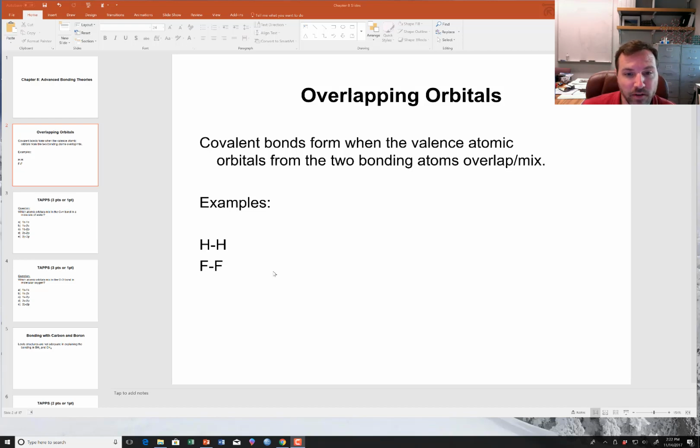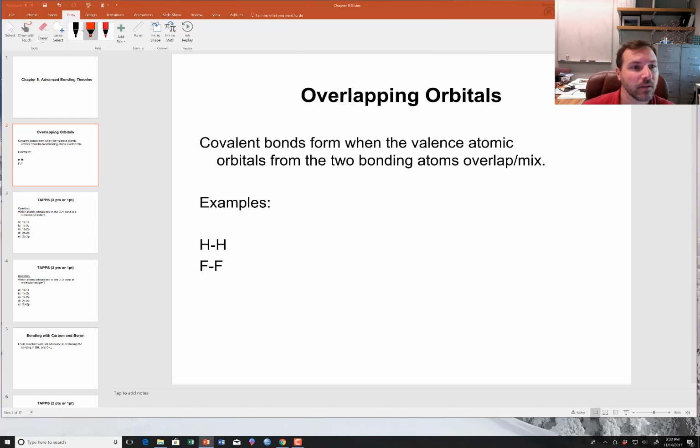So we first talked about how orbitals overlap in our covalent bonds. And the idea was that we were trying to create a slightly more sophisticated model for how these covalent bonds form. So up to this point, if we looked at a hydrogen